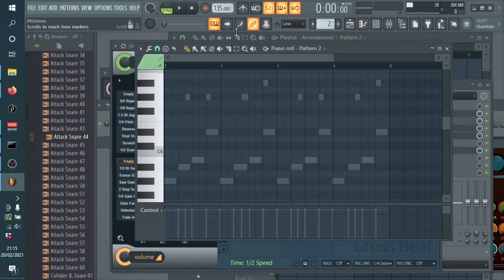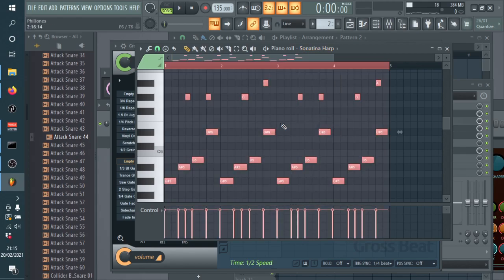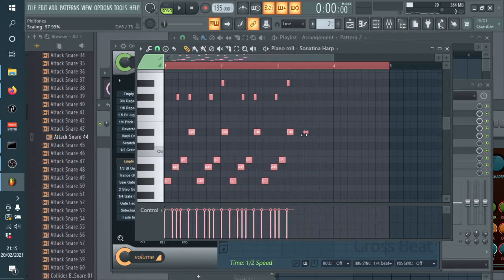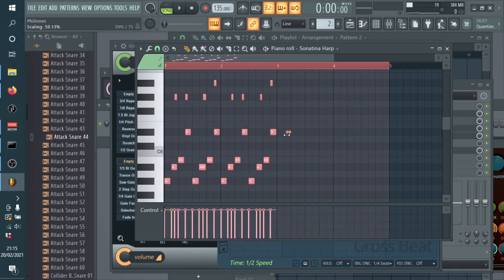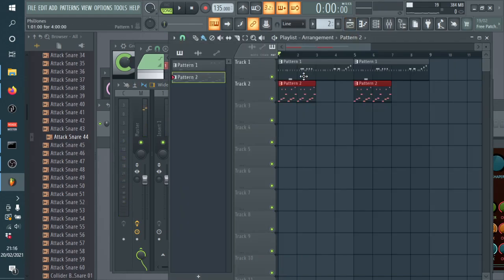So what we could do is take the whole thing and half the length of it. Now without growth speed, it's going at double speed. So if you put the growth speed back on it again, it will now